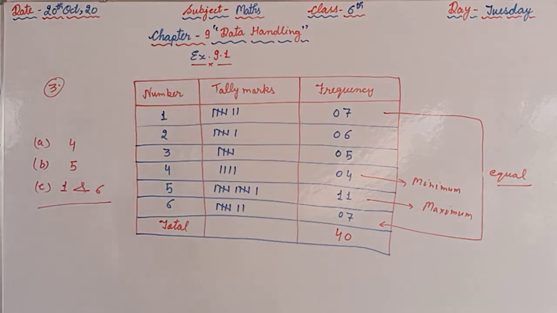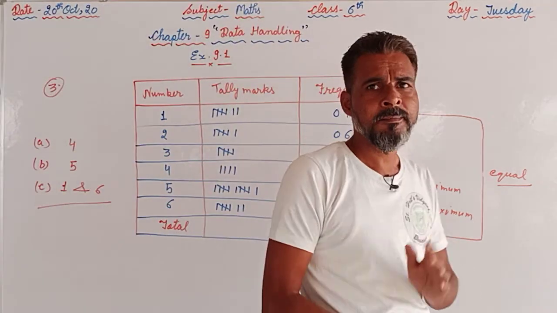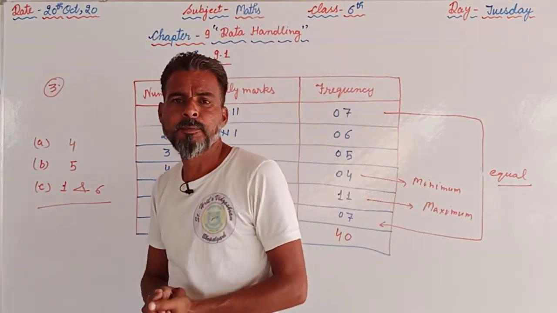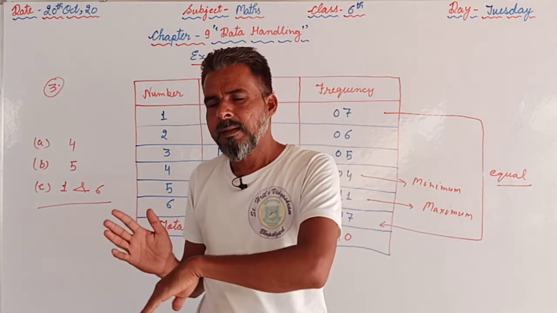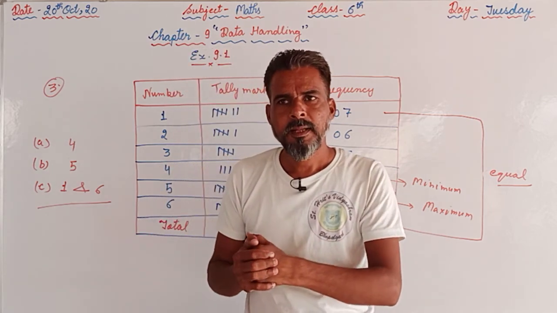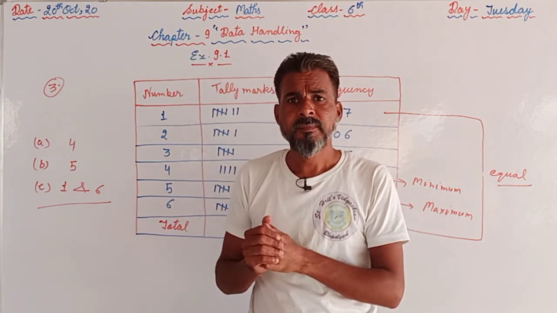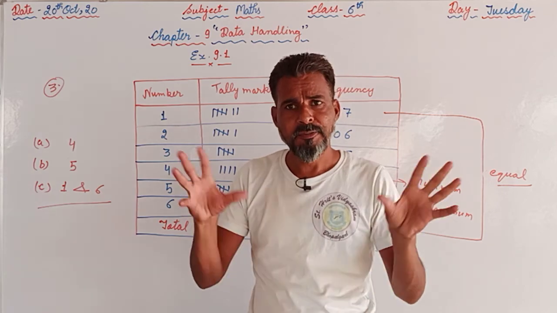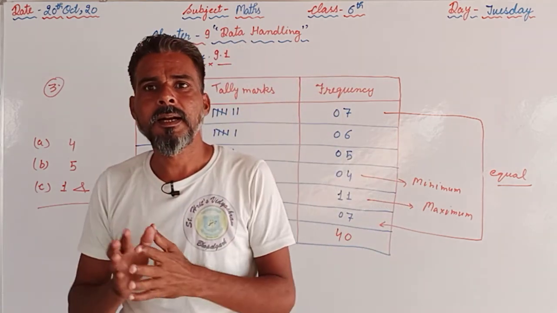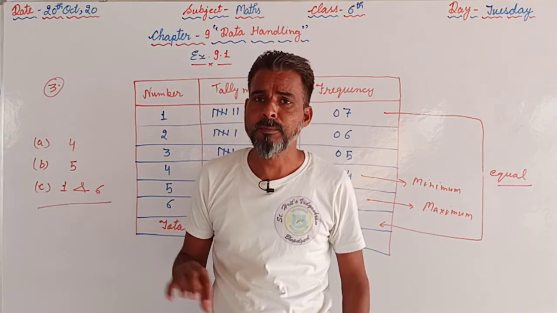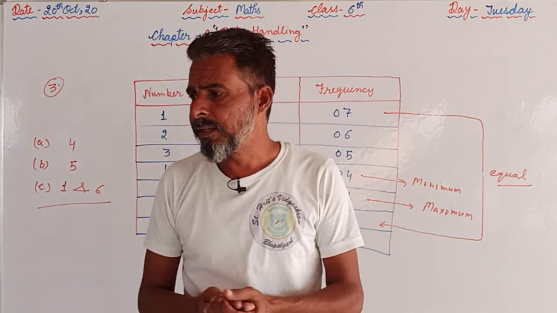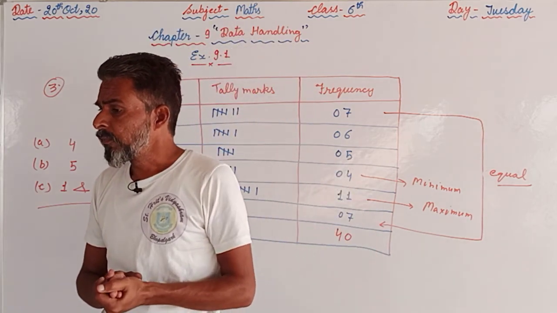So like this we can proceed. Such type of questions, up till now the questions are like that. First of all, we are supposed to prepare the table using the tally marks, and afterwards we are supposed to answer the questions which are given at the end of the question. Some questions are given which we are supposed to answer after organizing the data in a tabular form using tally marks. I hope that you have understood. First of all, you are supposed to repeat the question. Afterwards you can go through the upcoming question.